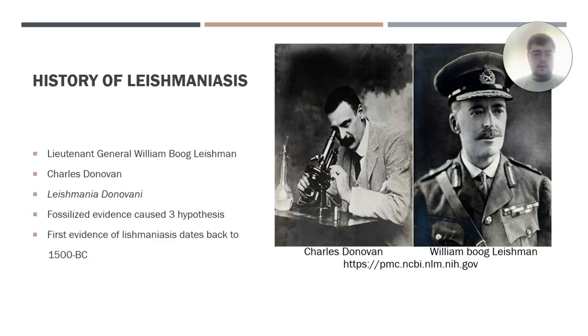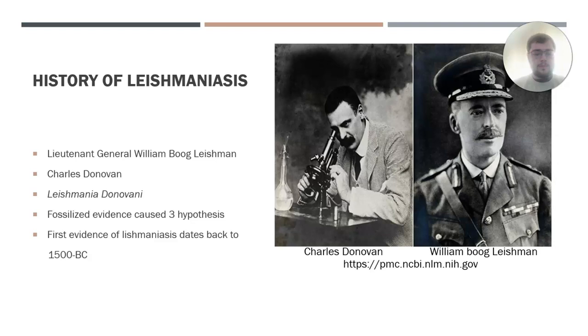And then we have found fossilized evidence of the Leishmaniasis parasite in two fossilized ambers. It was not the actual parasite itself, but rather, I think I'm saying this right, amastigotes in the blood sacs of other